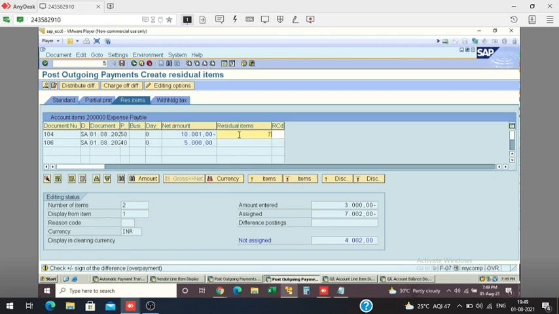Minus 7,002. Okay, double click on this.